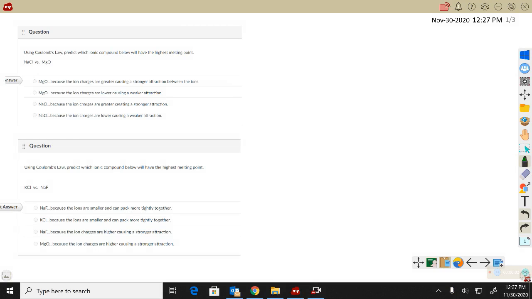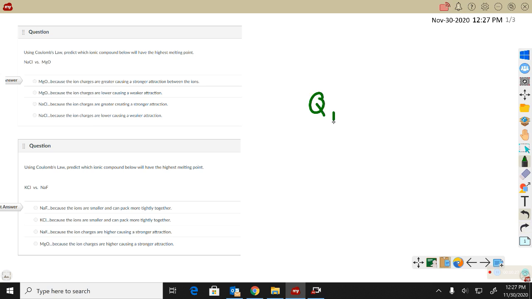Here's the answers to the quiz on properties of metallic and ionic bonds. So here in number 1 and 2, we are looking at Coulomb's law again. It never goes away. We can use Coulomb's law to gauge the degree of attraction between any oppositely charged particles. Coulomb's law is an equation, although we don't have to calculate anything with it, but it's kind of that comparison